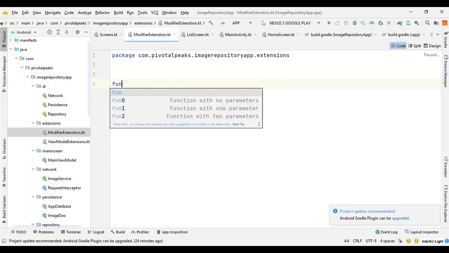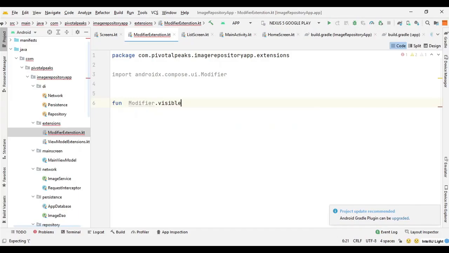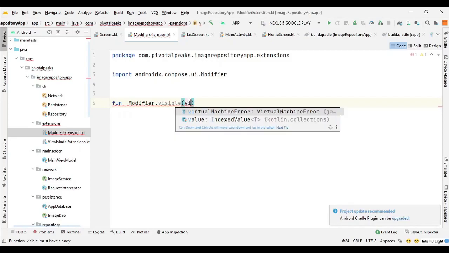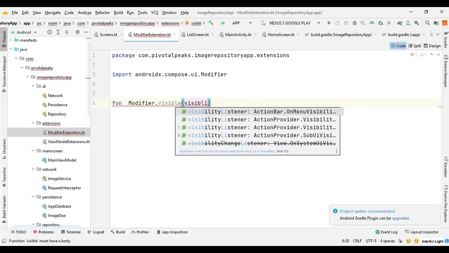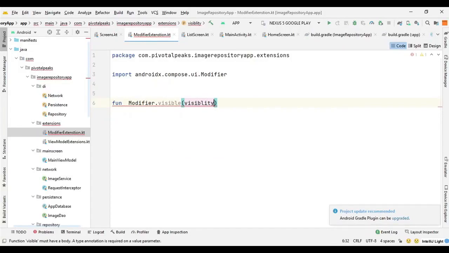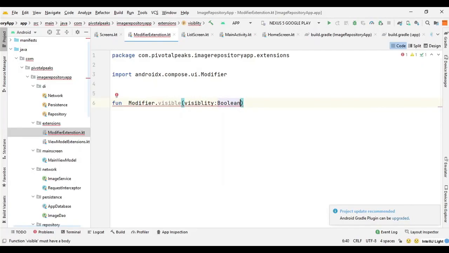So we can say function Modifier.visible, and here we need a parameter for visibility. So we can say visibility of type Boolean, and it needs to be extended by Modifier.